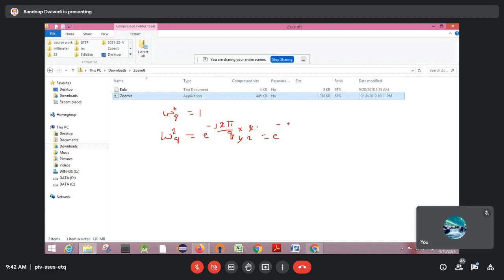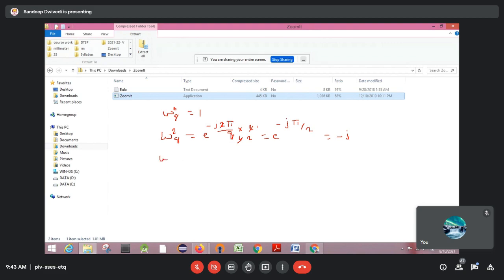This is the same for all the 8 point DFT calculations, so this calculation will be the same. Okay, so this is pi by 2, so this will be cos pi by 2 minus j sin pi by 2. So the answer will be cos pi by 2 is 0, minus j sin pi by 2. Sin pi by 2 is 1, so this will be minus j.